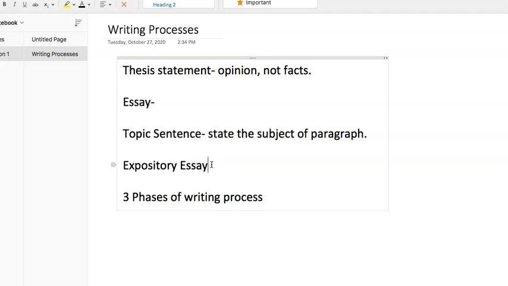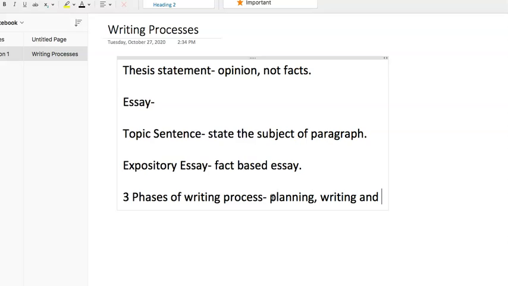As far as an expository essay and just knowing what it is, it's a fact-based essay, not an opinion. So if you're asked to write an expository essay, or you're asked what it is, you just think expository means fact-based. And then finally, we have the 3 phases of the writing process, which are planning, writing,